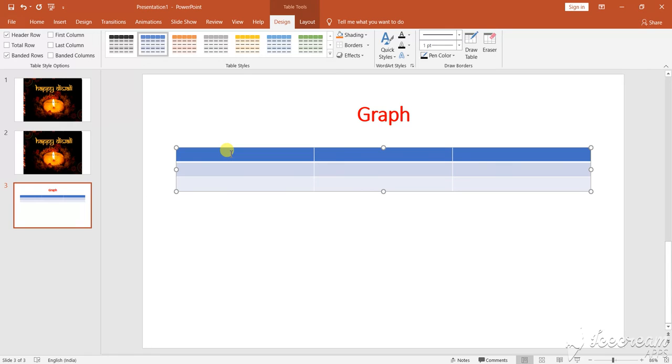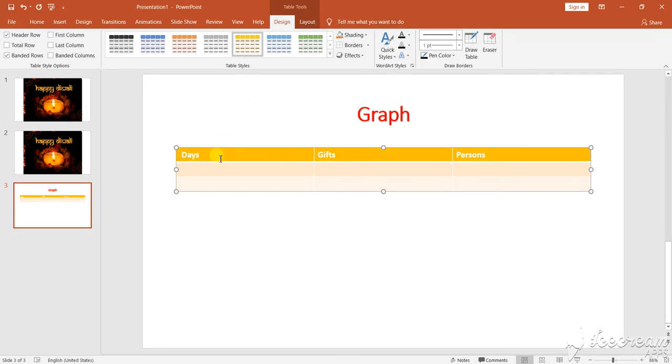Now here I am writing. You will bring the cursor. You see the cursor is there. You can change to any color. Suppose this color, if you want, you can give this color. Now you write here, suppose days. Now here I am writing gifts. Now here I am writing person.